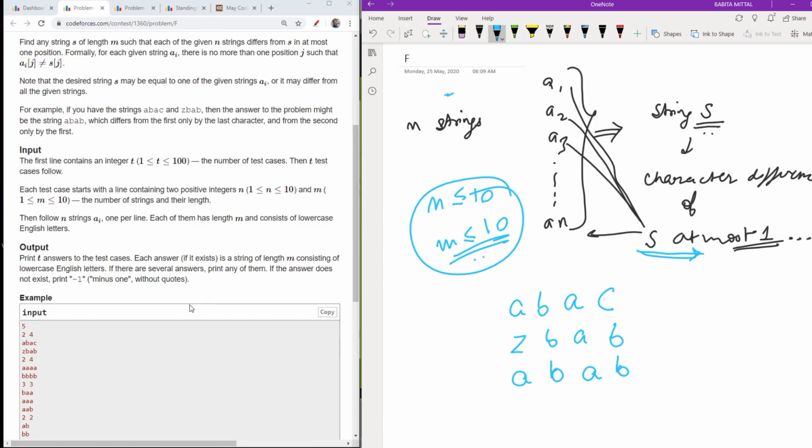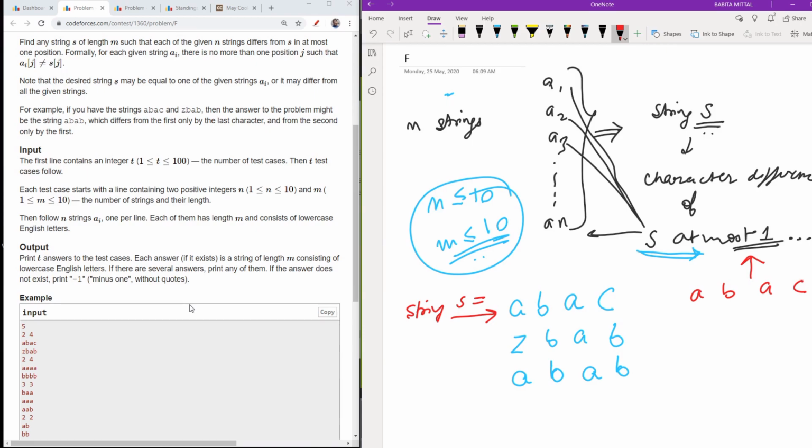Okay, so what you can basically do is, first of all, let's suppose that this is my final string s. Now you will say, Aryan, if a, b, a, c is the string s, then it needs to follow the above condition, which means that if I check the difference, it should be at most 1.